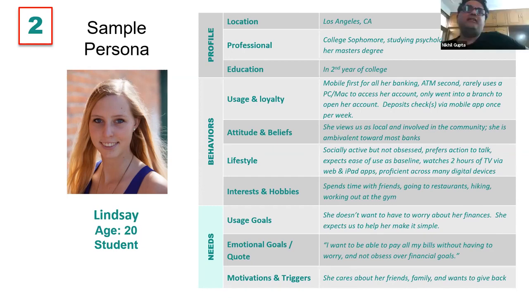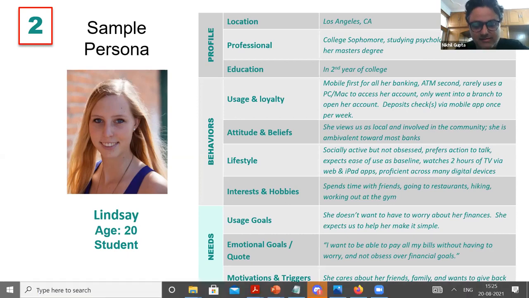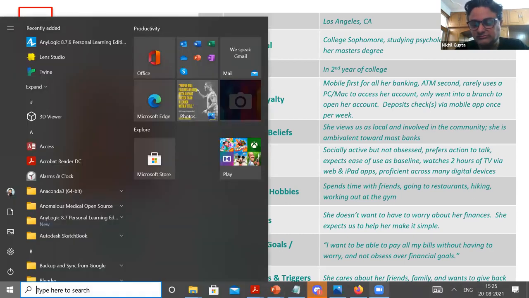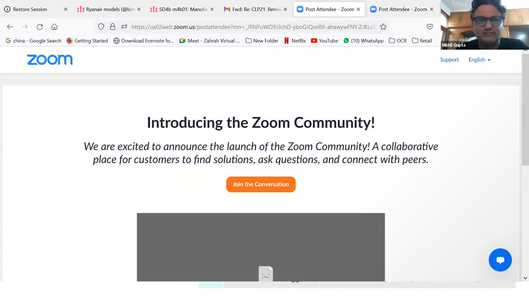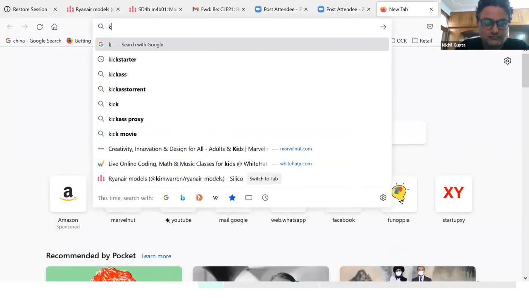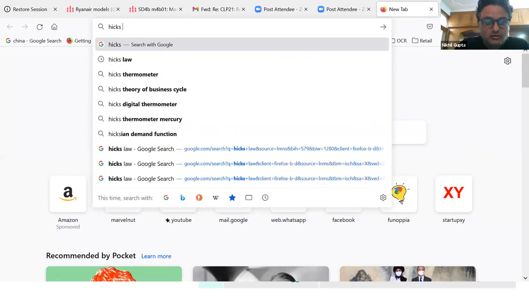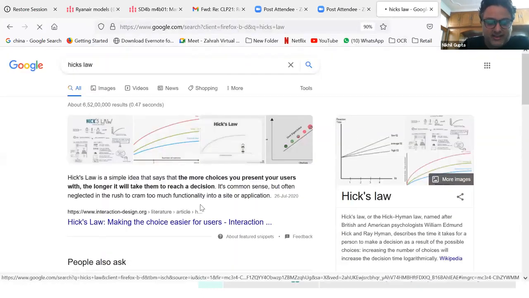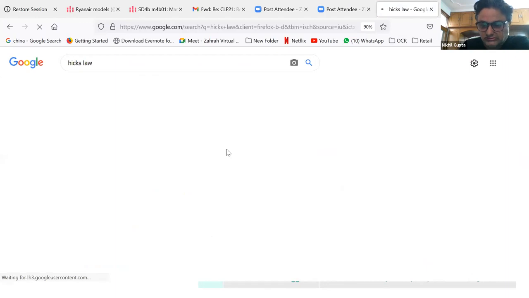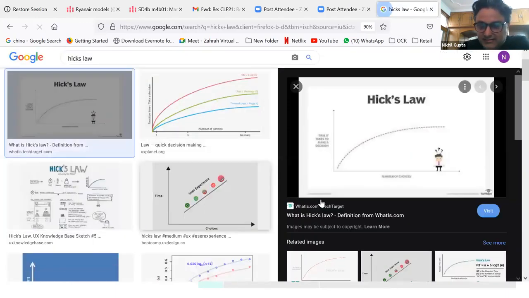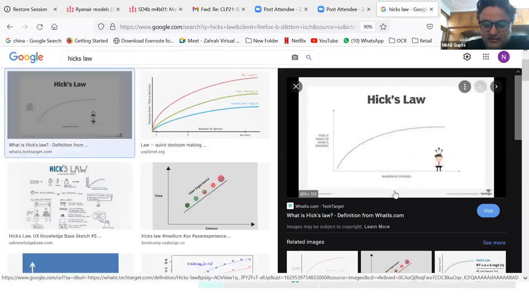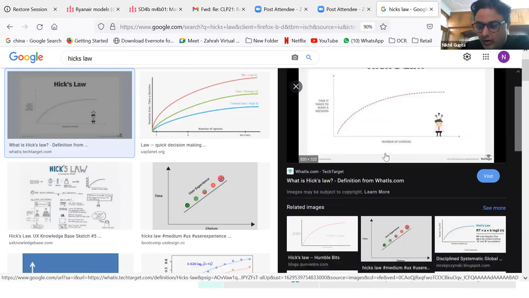So motivation is something. So there's something called Hick's law. Anybody heard of it? Hick's law. So what does Hick's law say? So Hick's law says that if your number of choices and the decisions you have to take are too complicated, or you could also put it in the other way, if your